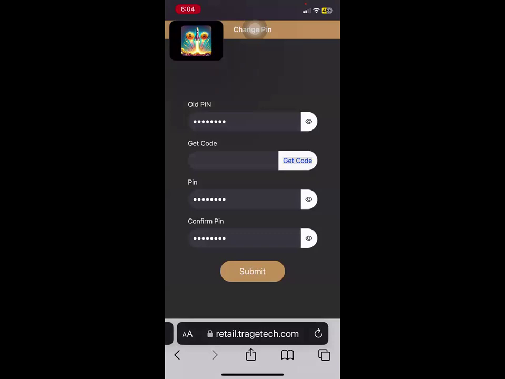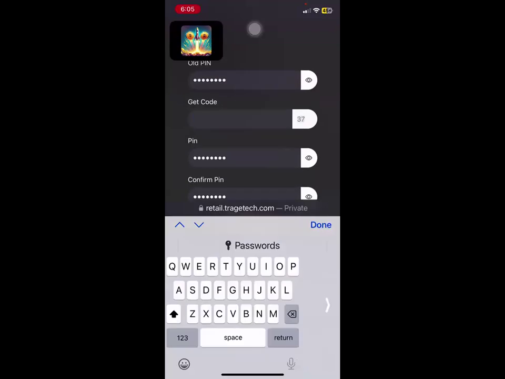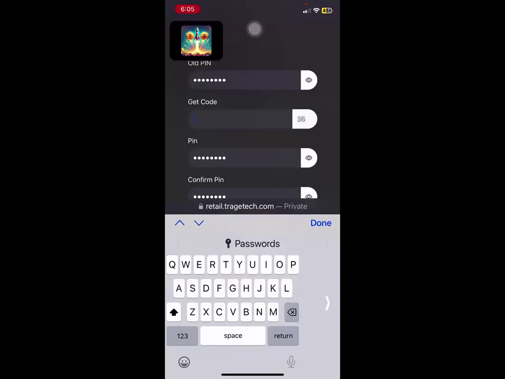Just click the get code button again, and then let's try to get the code. Just wait for the code.